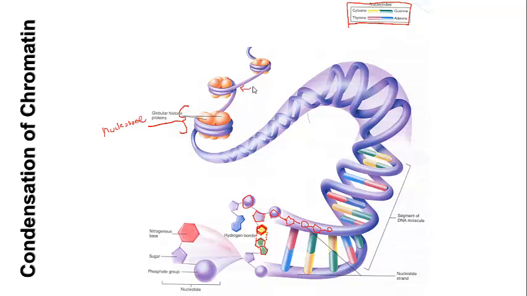Okay, and then here we have another sequential nucleosome here, and then on and on and on. All right. This is the pattern of DNA organization that you find in chromatin, the decondensed state of the DNA molecule of each chromosome. Then what happens is as we go into prophase,